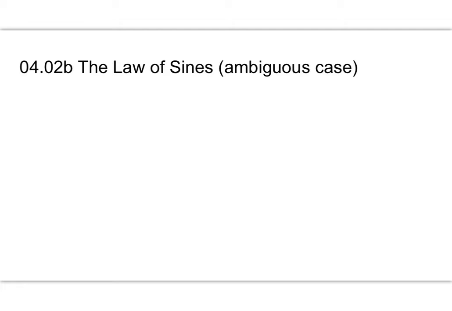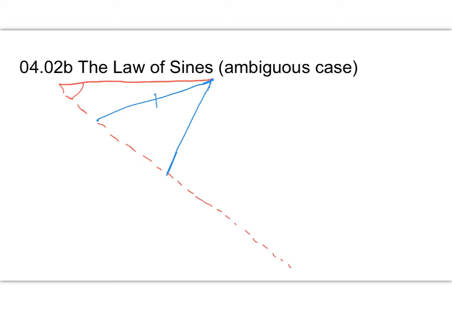The reason for that was that if we knew two sides and an angle, what ends up happening is we sometimes have the ability to make two triangles. I'm going to see if I can draw a pretty good example of this. If I have one side and an angle that I know, but I don't know how long that side is, but I do know how long the other side is, the side in blue,